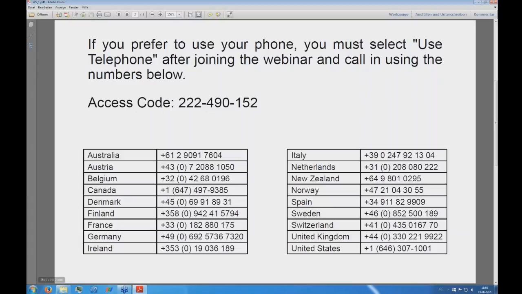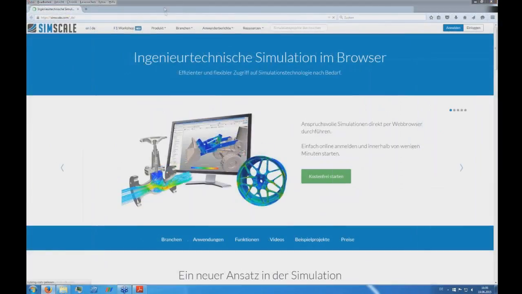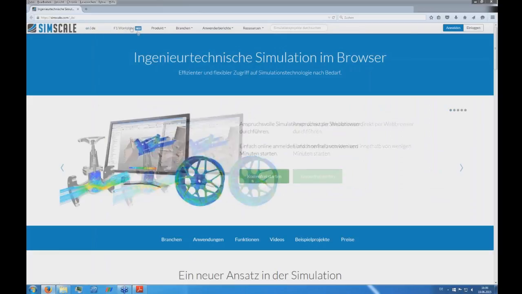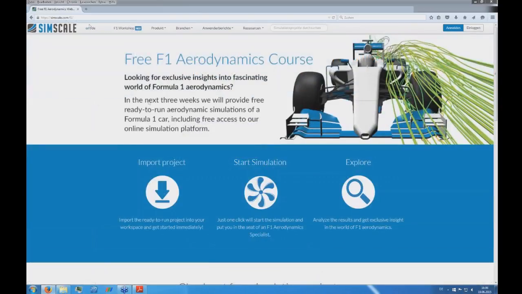This webinar is really about getting a basic idea of F1 aerodynamics. Therefore, the idea here is that you get into the role of an F1 aerodynamicist. If you go on the SimScale webpage, simscale.com/F1,